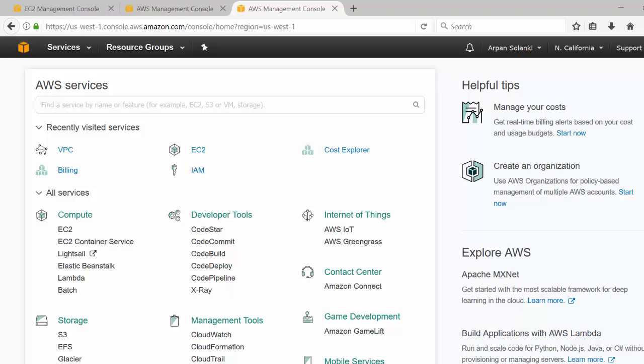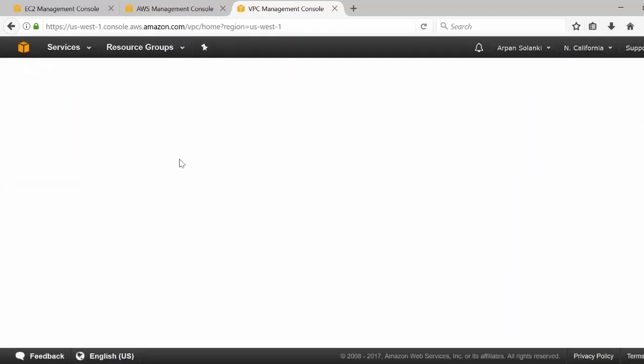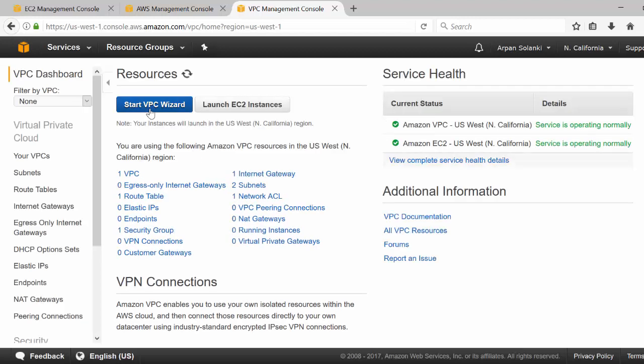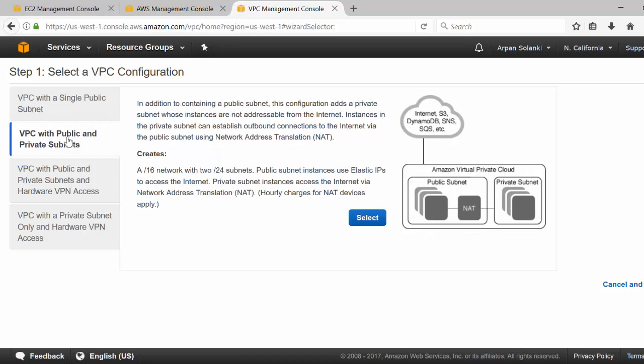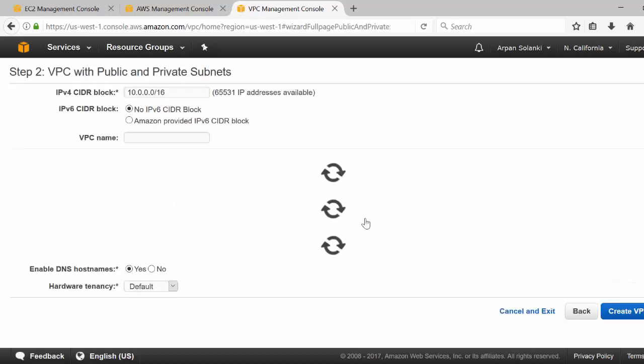So in this video, we're going to look at how to create a VPC using the wizard. So I'm going to click on VPC, click on Start VPC Wizard, and we're going to have a public subnet and a private subnet. So we're going to click on VPC with public and private subnet, and in this case we'll select the Select